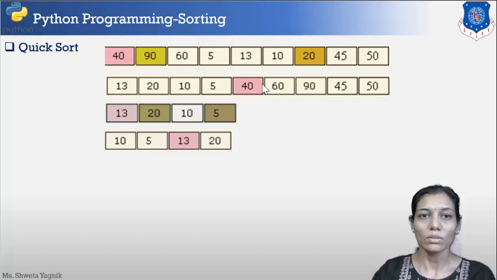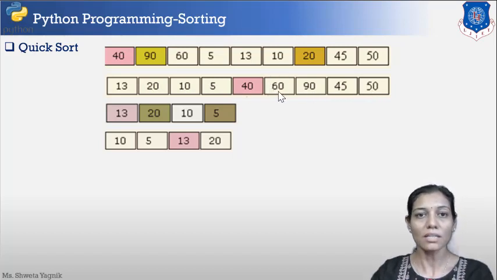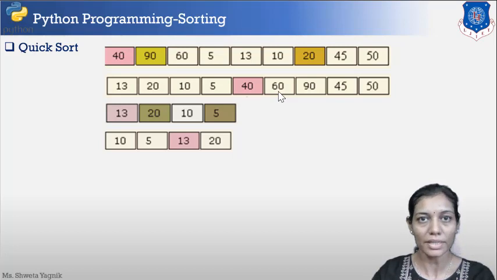Here also, the left hand side of 40 is still unsorted, but the one characteristic is that all the elements are lesser than 40, and the right subarray is also unsorted yet, but all the elements are greater than 40.